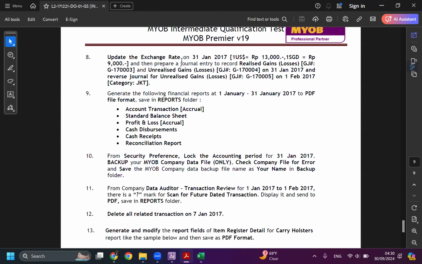Next, update the exchange rate to January, and then prepare journal entries to record realized gains or losses and unrealized gains or losses. Because we have transactions in US dollars or Singapore dollars, usually we update the currency.